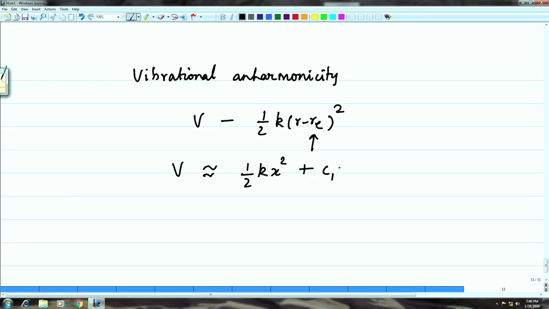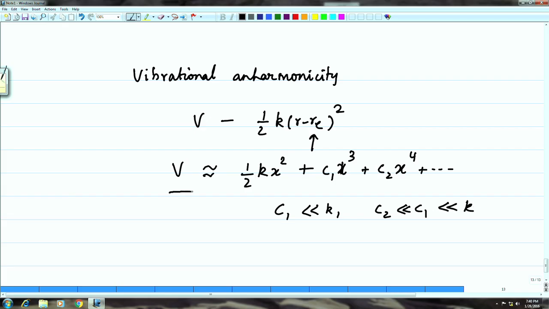So, you can call it C1 x cube, C2 x to the power 4 and so on. And of course, we hope that C1 is much less than k, C2 is much less than C1, and therefore much less than k and so on,